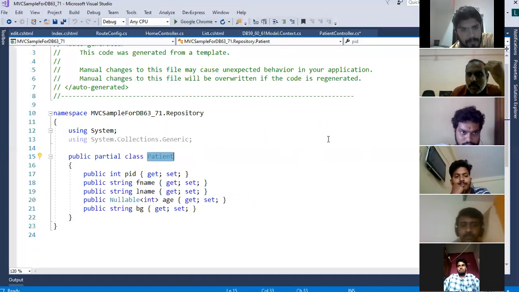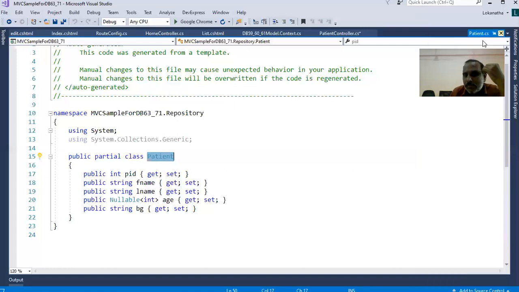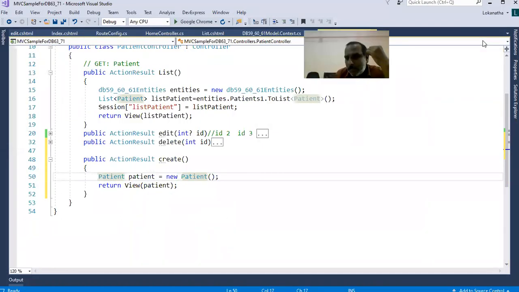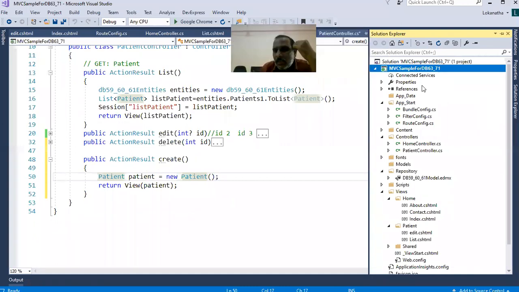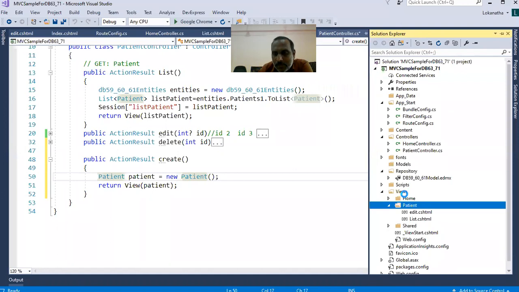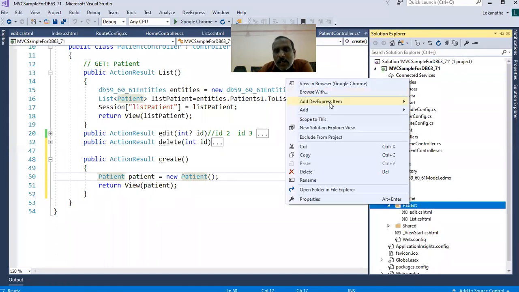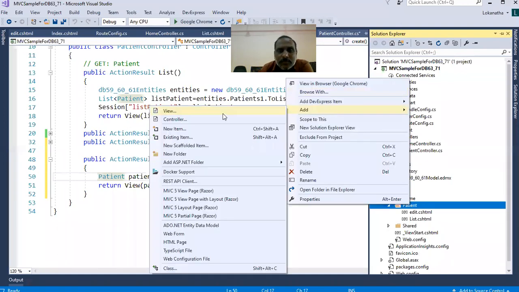Okay. So now let us try to create the create view. How to create it? Go to Solution Explorer. In the Solution Explorer, go to the patient folder. In the view, right click on add view.